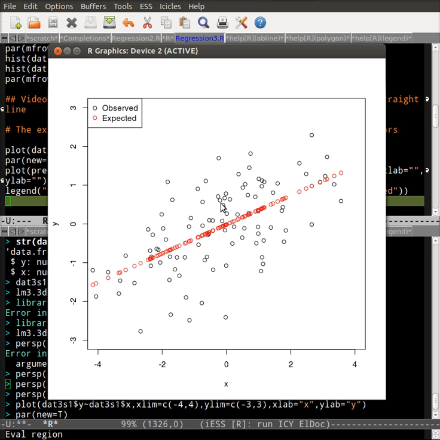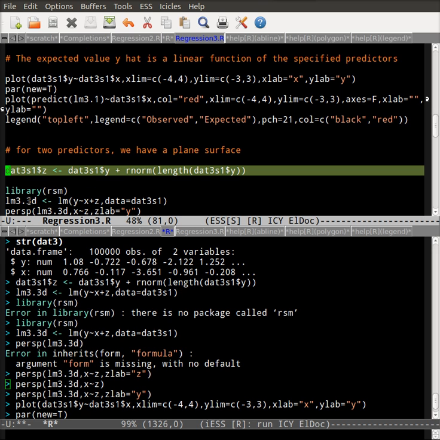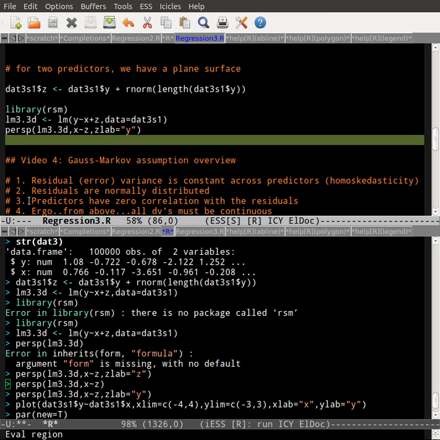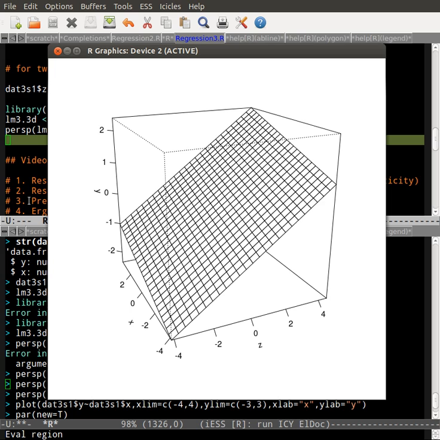That's what we expect. Now, of course, we don't expect all of our observations to fall on that straight line, but we do expect there to be a linear relationship between, in this case, x and y. Now, the problem gets a little bit more difficult when you start thinking about multiple predictors. What we can do is create a new predictor in my data set, which I did, z, and I'm going to now create a planar plot, a plot of the plane, because now that we have x and z as predictors,